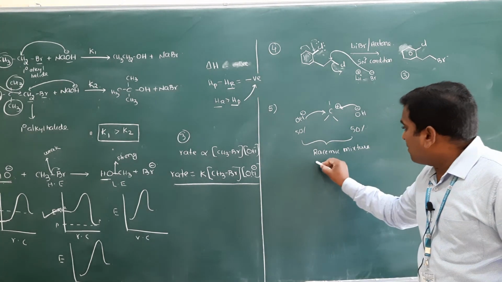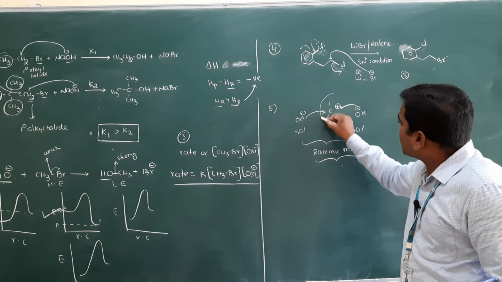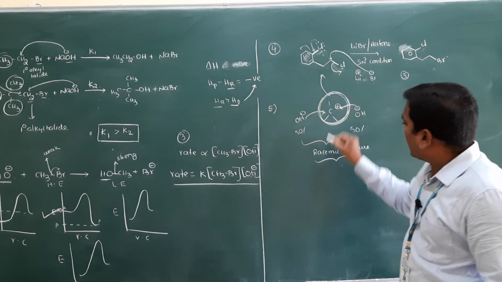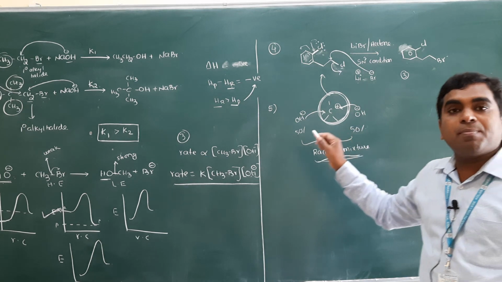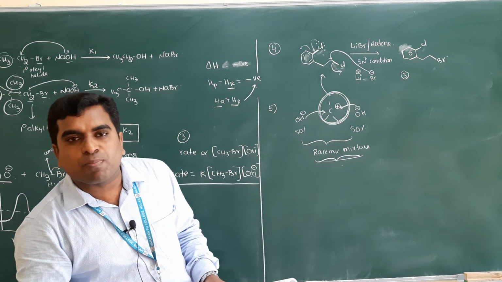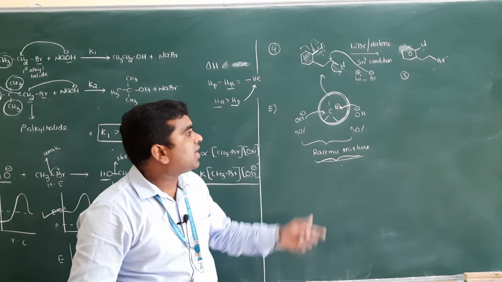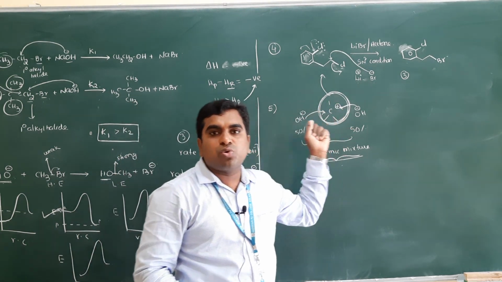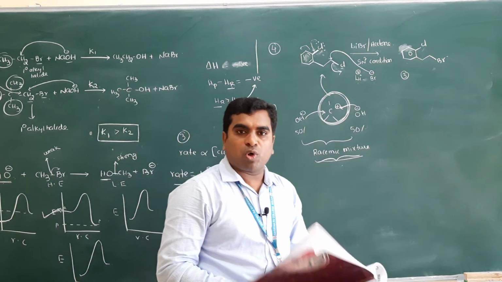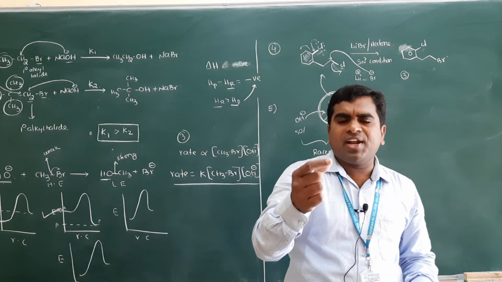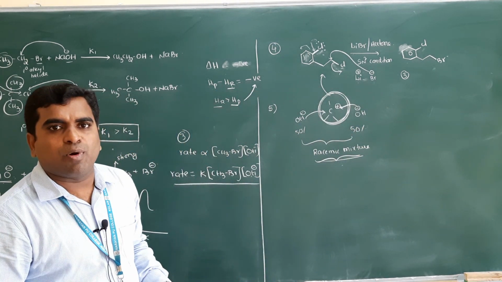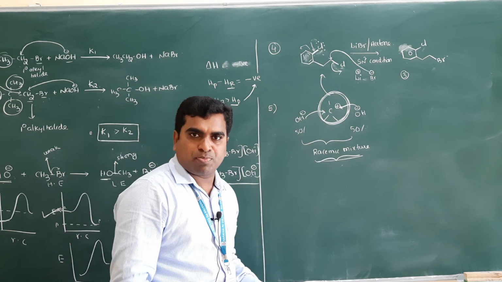So that's why maximum racemization depends upon the stability. If the carbocation is more stable, then you will get the maximum racemization product. Remember always, maximum racemization product means the carbocation should be more stable. So now they have given 4 options. Identify which carbocation is more stable, and that one gives the maximum racemization product.